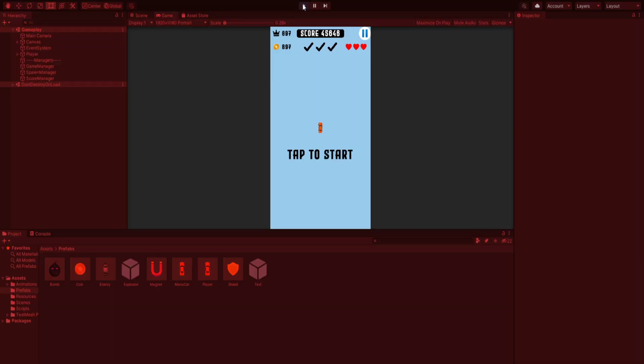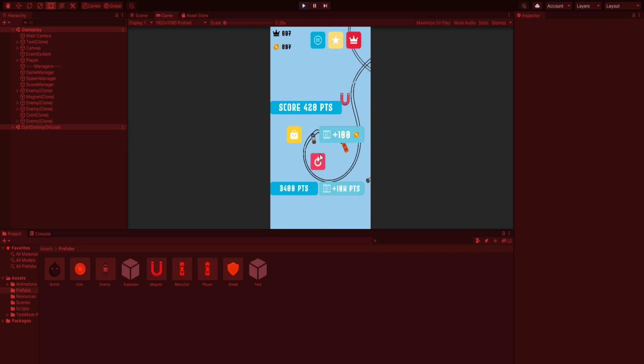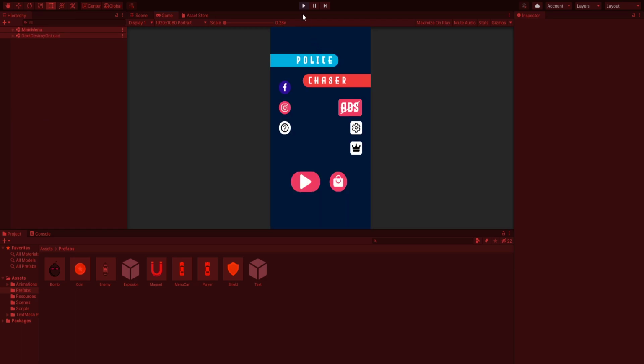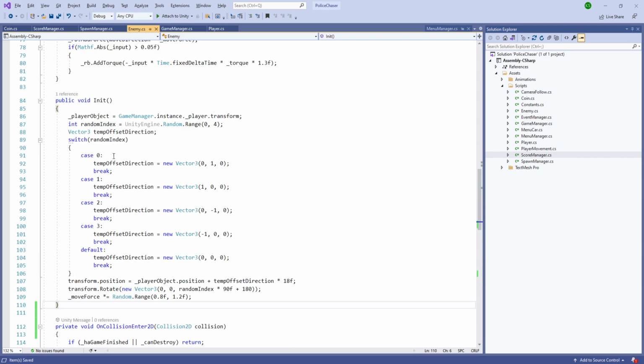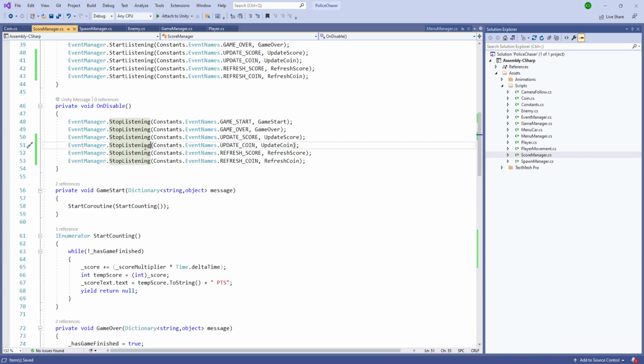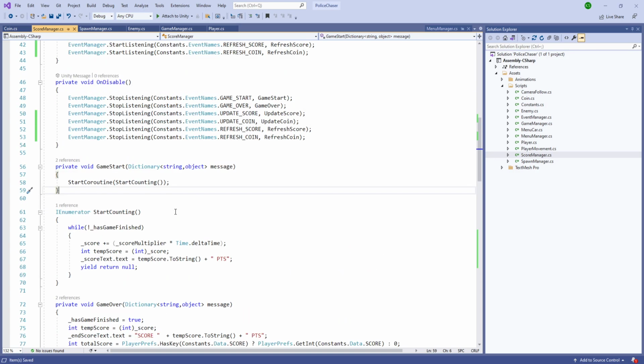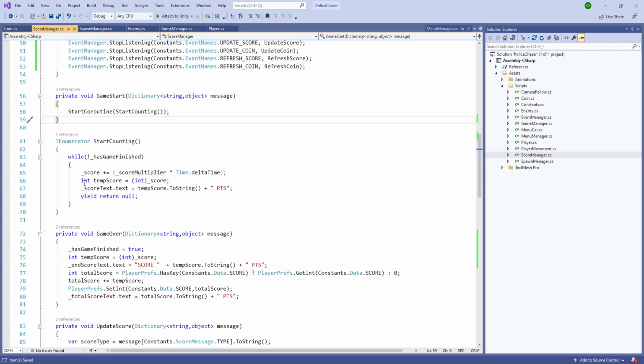I didn't change to Unity, so currently it's looking like this right now, and we need to have the update score called at the start, or we'll just use it so that when the start function is called, we will reset our coins and our score. So let's see if we have the start function in our score manager. So when the game start function is called,